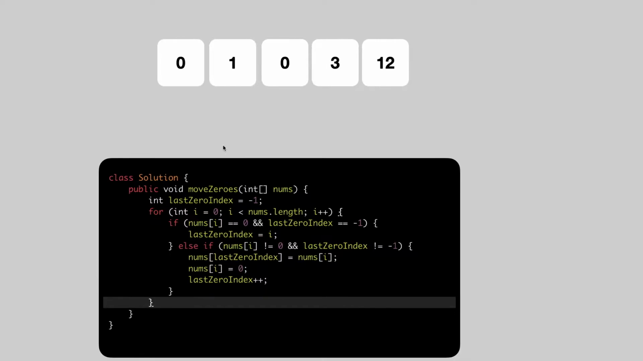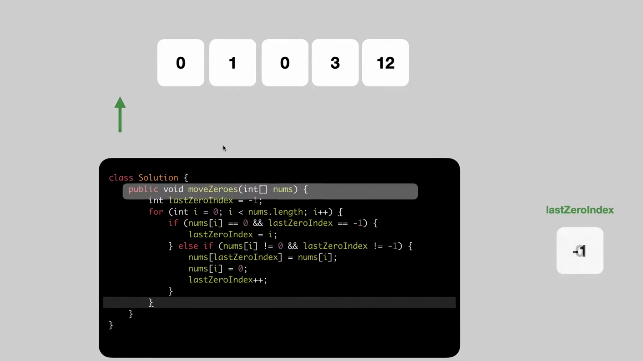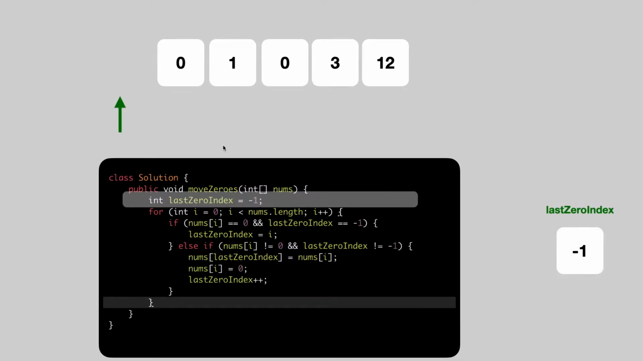We will go through the code with an animated explanation in order to understand what the code does exactly. When we call the function, first we will have a variable that will hold the first index of 0. The initial value is -1. We don't know yet what the index of 0 is, so it will hold the index of 0 if it's the first one, or the last index of 0, in case we found any 0 while we are looping through